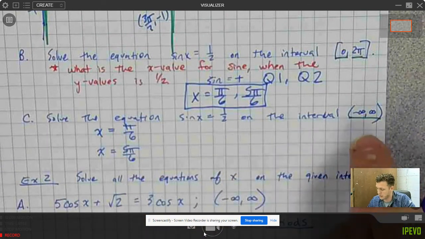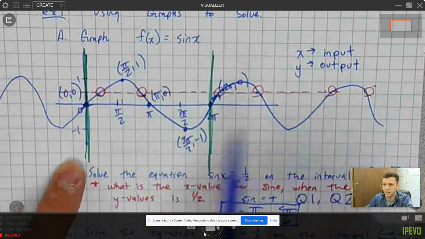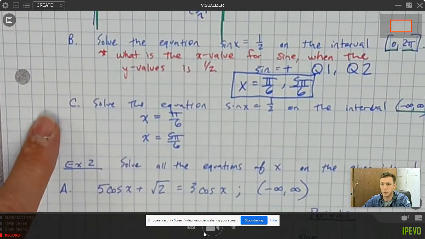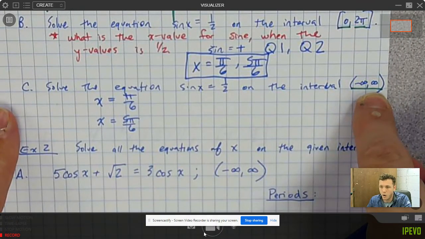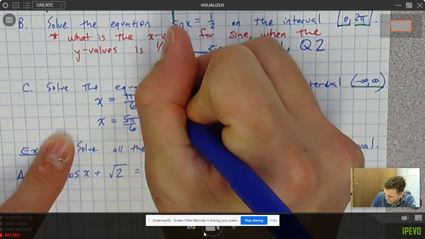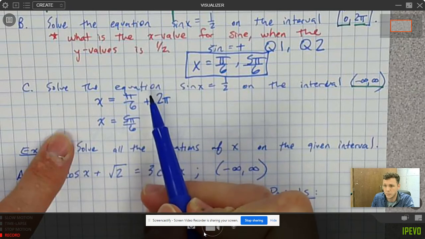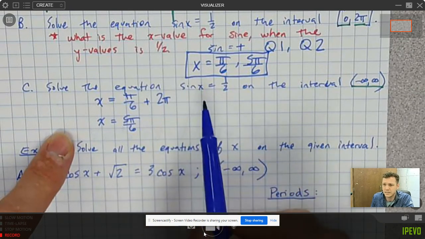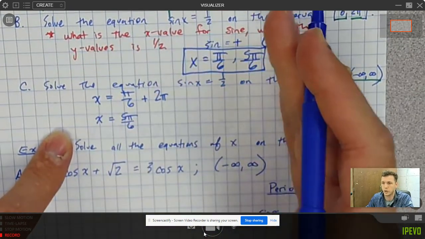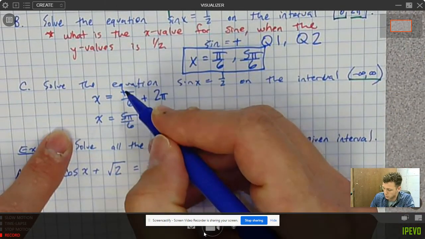So essentially what we need to do is identify all of the coterminal angles. Well, we talked about last semester that to find a coterminal angle, we have to add 2 pi, right? So 5 pi over 6 plus 2 pi is going to give us the same value, coterminal, but we can't continuously add 2 pi over and over again, because once again, we have an infinite number. So our solution is going to be pi over 6 plus 2 pi n, where n is